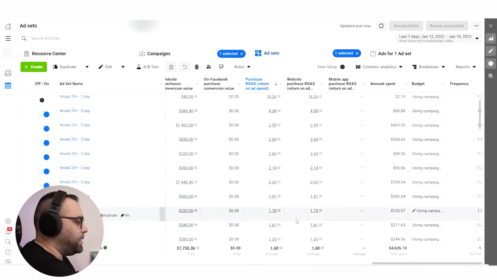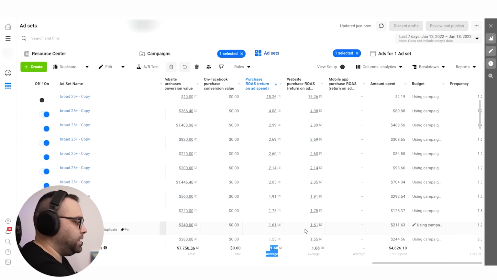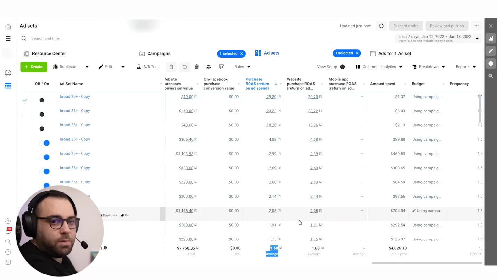Now, in this campaign, we can see that the average that we're getting is 1.68. We are still in the process of optimizing this campaign, and we're trying to reach, let's say, the best possible amount of money that it can spend. This is an account which is currently spending 10k per day, and at several times of the week it's spending more than 20, 30, 40, 50k per day depending on the period. Of course, 50k we spend for 2 or 3 days